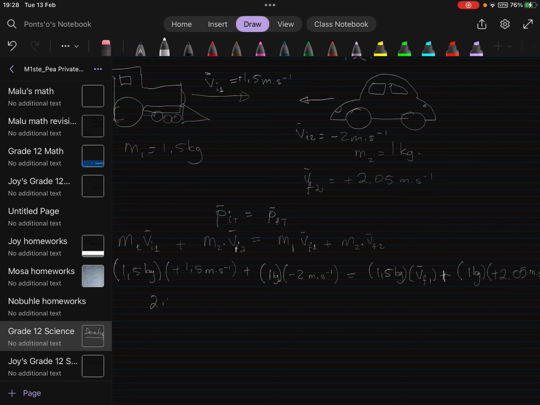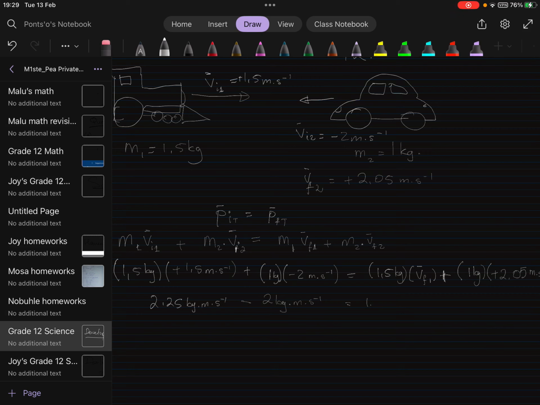So yeah, the momentum for object 1 initially is 2.25 kilogram meters per second, and the initial momentum for the second object, the toy car, is negative 2 kilogram meters per second. And this equals